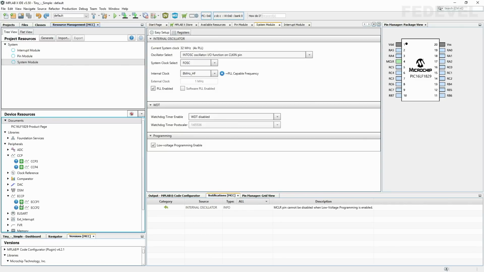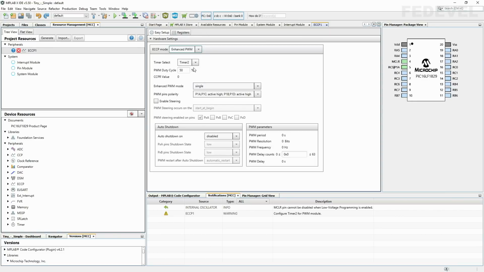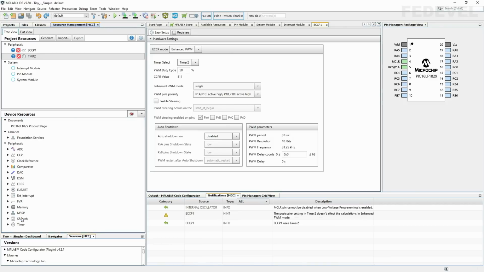So click on this plus symbol on the eCCP1 module. We added the module into our project resources. We would like to use it in PWM mode, and notice this warning. To be able to use this ECCP1 module, we have to set a timer first. By default, it looks like they are suggesting this timer 2. So inside of this timer, find timer 2, click on plus.